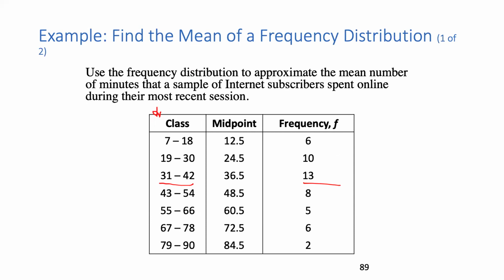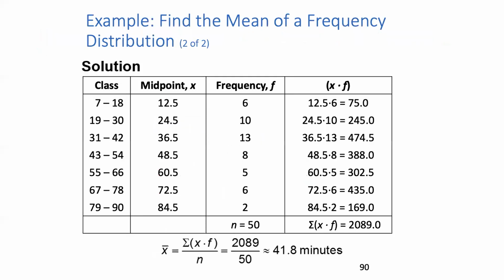And suppose that, based on just this information, I wanted to calculate the typical entry, or the average, in the data set. I can still do that. And the crucial insight is to say, yeah, I don't know what the exact numbers are, right? I know there are 6 numbers between 7 and 18, but I don't know what those numbers are. So what I'll do is use the midpoint of that class as a stand-in for the entry for the class, right? So I'll use just the midpoints of each of those classes